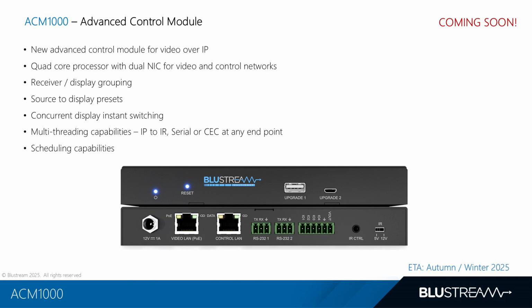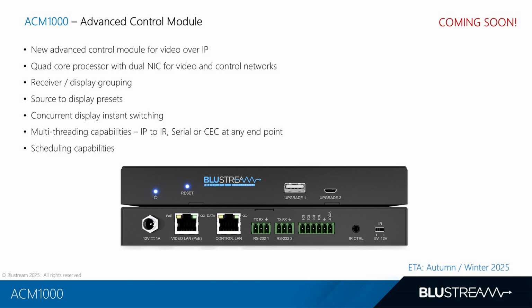First, receiver grouping. So here now you can easily create and manage groups of receivers for bank-wide switching via a single API command, simplify control and streamline room or zone management. 2, preset switching. Set up and recall pre-configured I/O matrices instantly, again with a single command, ideal for environments with recurring AV layouts or scheduled use cases. Then we have instantaneous output switching. Here we seamlessly toggle concurrent outputs with no delay, giving users a fluid, real-time switching experience.